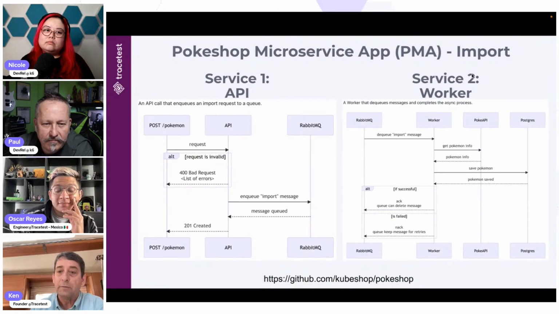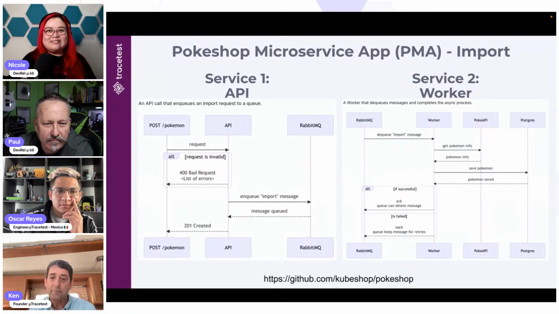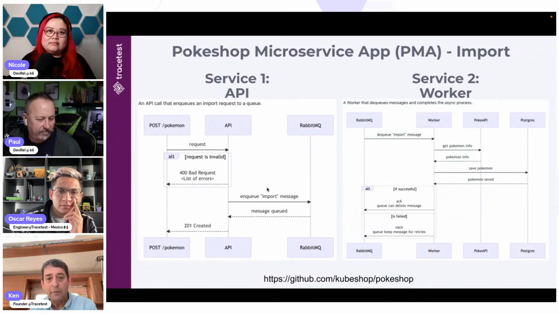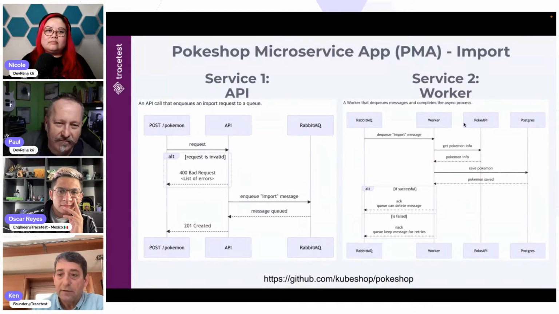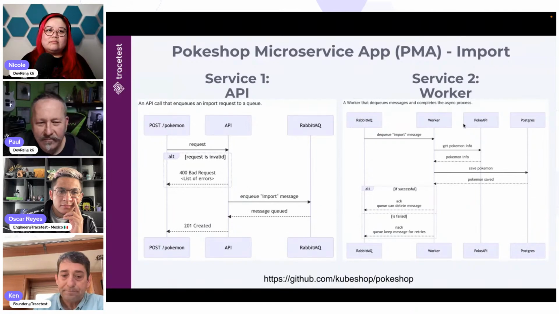So we see our service number 2, which is our worker service. It dequeues the message. It reaches out to an external service, the Poke API, hands it the ID, gets back some information about the Pokemon, and then we write it to a database. And then there's a little bit of other caching processes happening there, but this is the basic flow. And we're going to go through this a couple of times. So 2 microservices. This one just gets the API request and throws it on a queue. This one pulls it off the queue, reaches out to an external service, and writes it to a database. And this